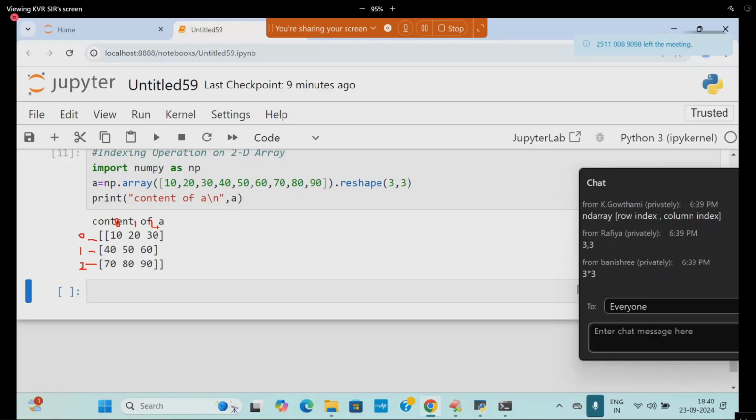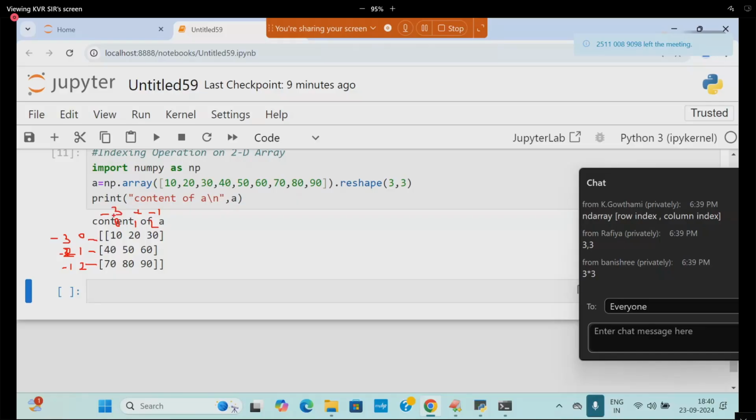Next, negative indexing is also going to be available. Negative indexing is also there. This is going to be available: -1 row, -2 row, and next is called -3 row. This is known as negative indexing. Similarly, one more: -1, -2, -3 for columns. This is called negative indexing of columns, negative indexing of rows. Will you remember that? Yes.